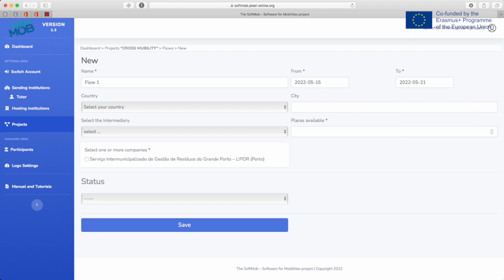Now for country, we're going to select the country of the hosting institution. Here we will choose the city, and we also have the option to select the intermediary organization if we have an intermediary organization in our mobility. Now when it comes to places available, it's the amount of slots available for participants. We can select the companies,